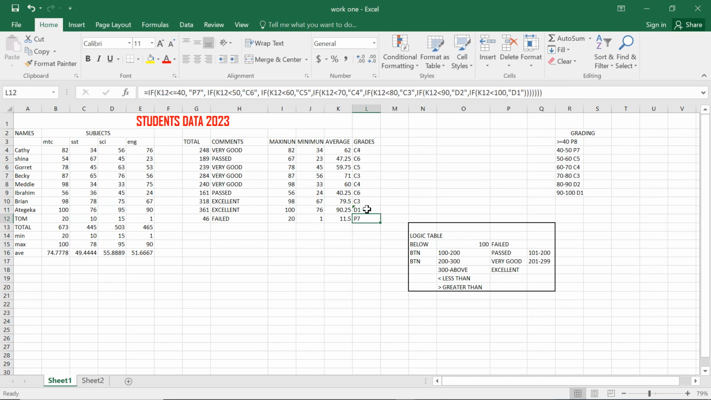So in the last logics, you can always just put it there. We just open the quotes and put the last comment. Okay. Now we have seen grading